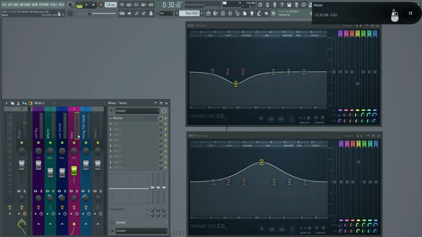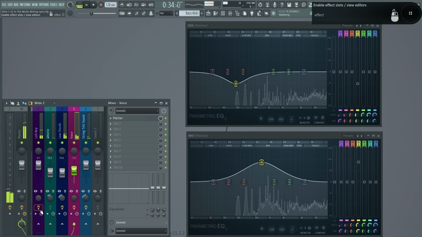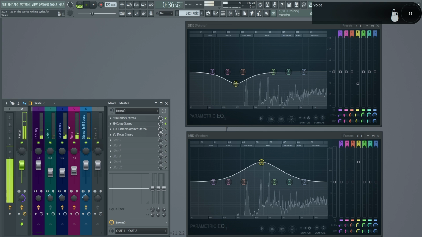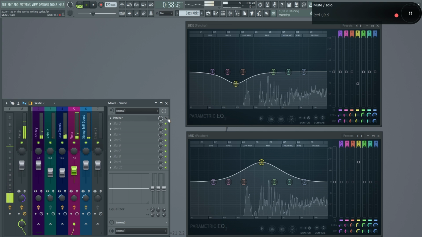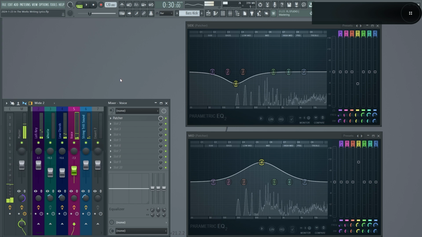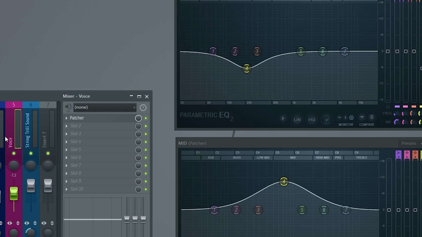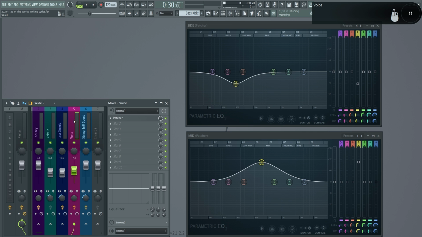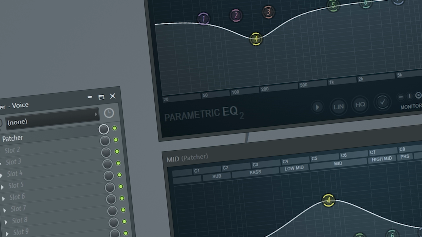But here's a quick before and after. The difference is immeasurable. I think that sounds cool. That's why I said that. But don't be a dropout. Don't flunk out. There's one more very important thing that I have to show you regarding this Fruity Parametric EQ2 that FL Studio just doesn't want to show y'all.